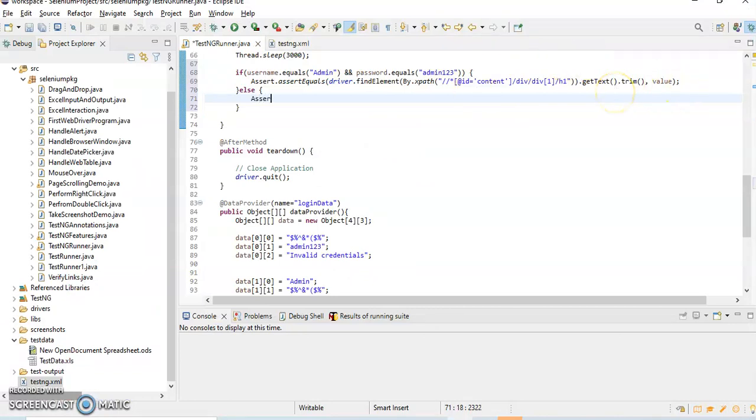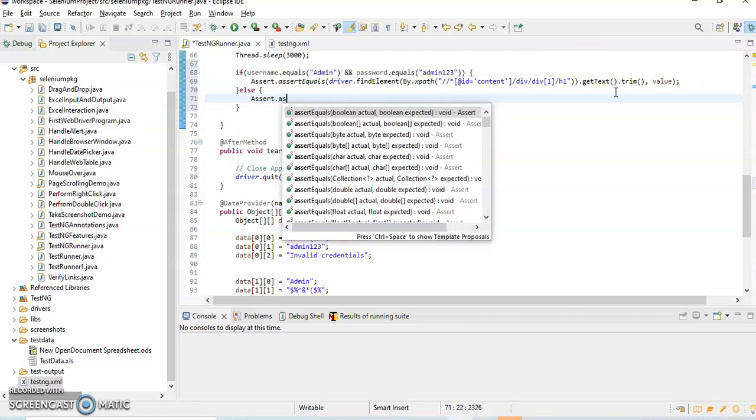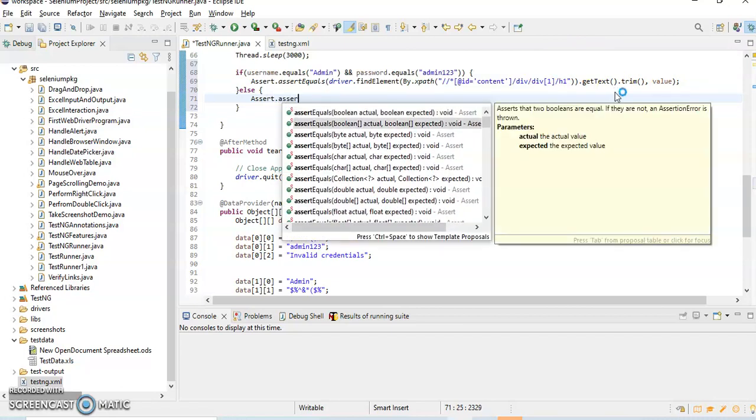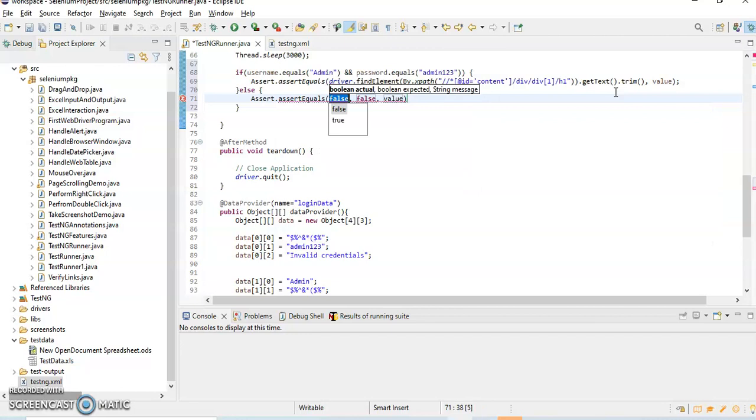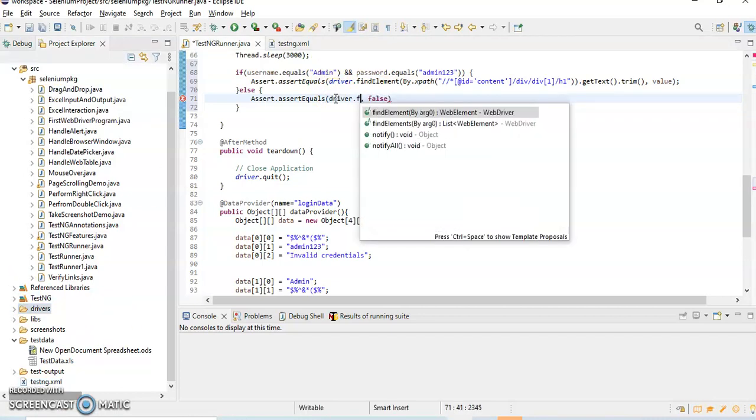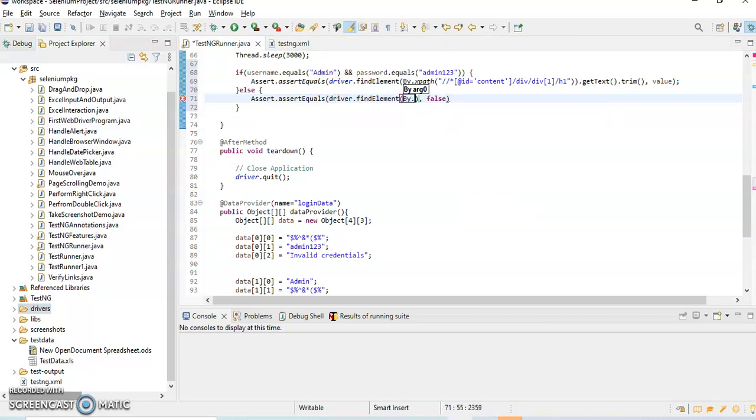So Assert dot assertEquals, so we have to go to string. So I can write here driver dot findElement, driver dot findElement by dot XPath.